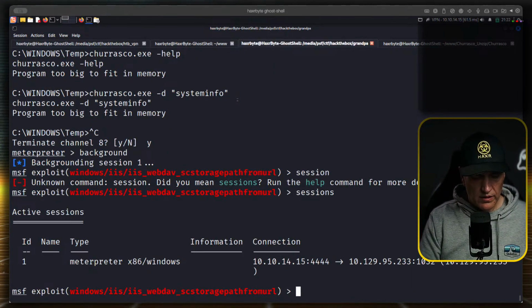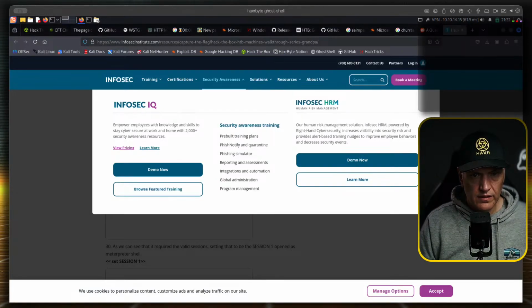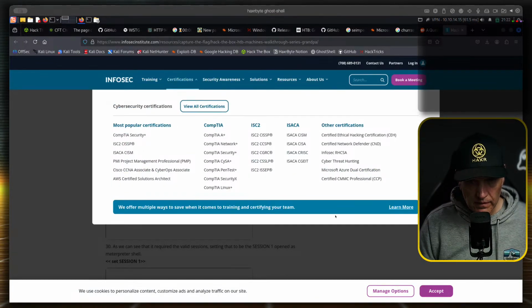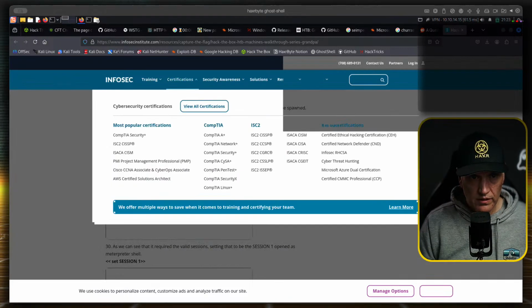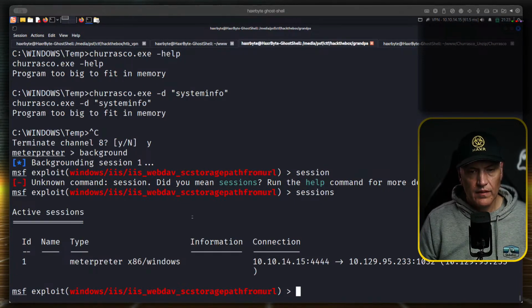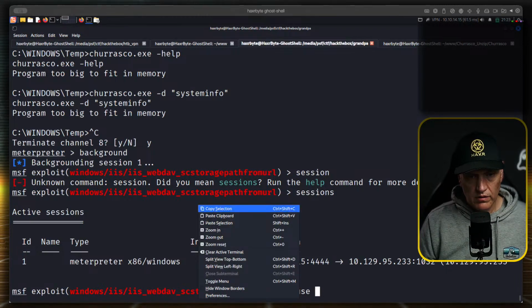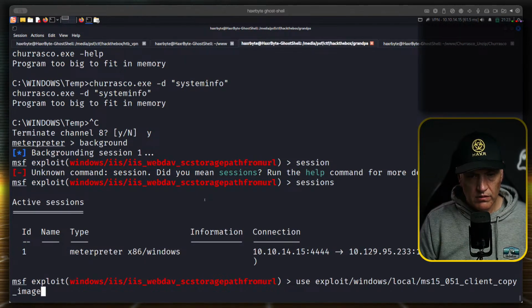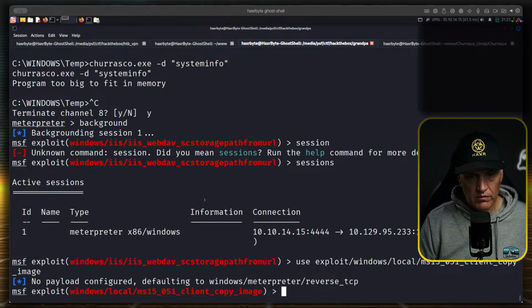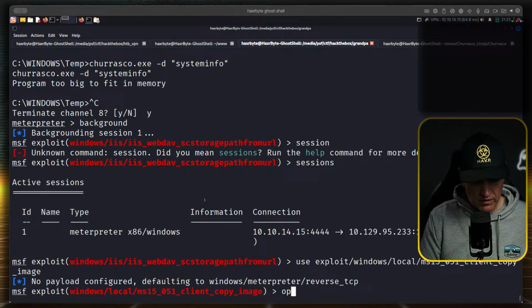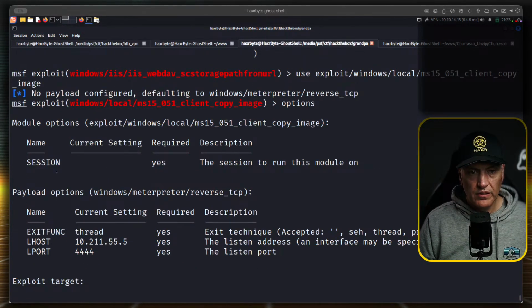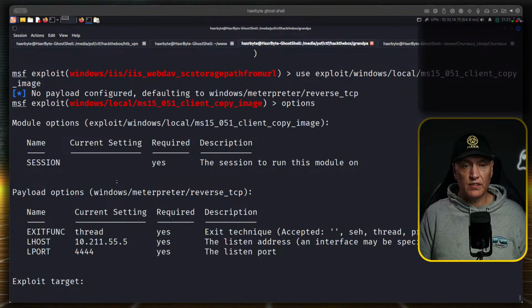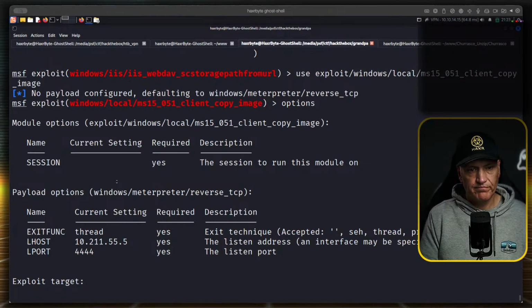So what this guy says, there's another exploit, a local exploit that we can try that might give us more access. Use paste. Okay. Options. So this is a local exploit. Now, what we can do, we've got a session on one right now. This is really cool that Meterpreter can do.